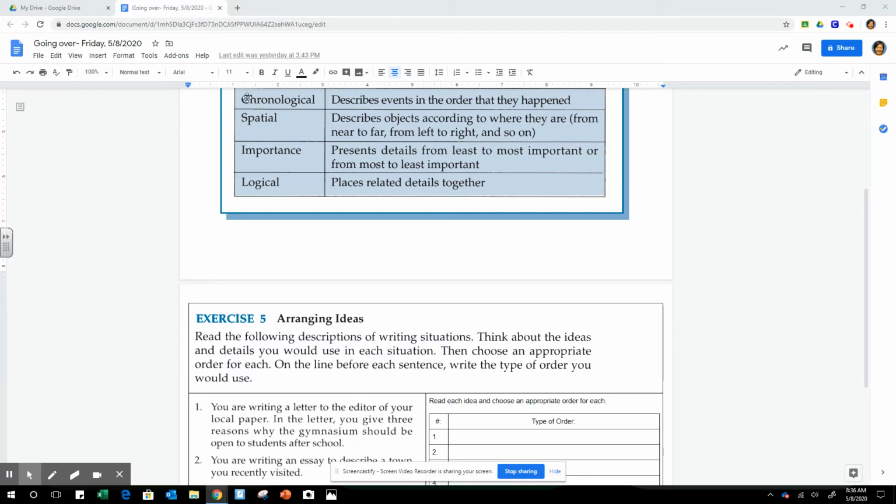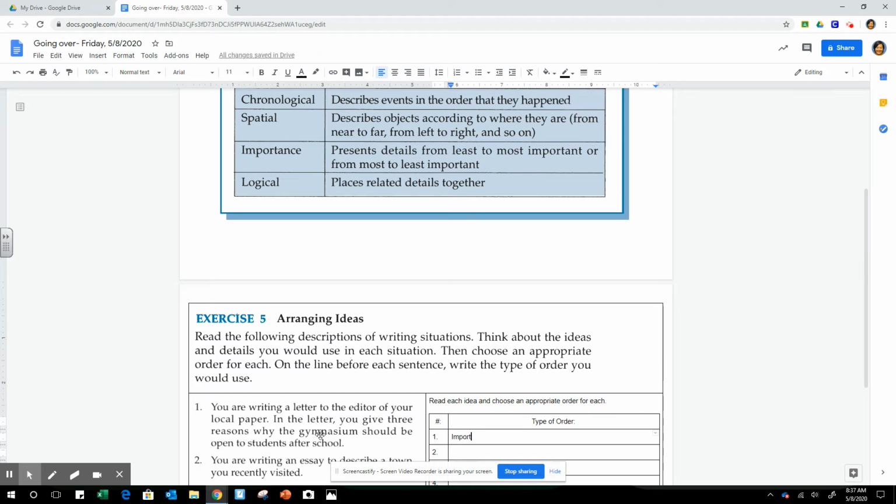I'm not giving step by step directions on how they could open a gymnasium, but I am needing to give the importance, the reasons why the gymnasium should be open to students after school. So what I would do is say, in order for me to be successful in convincing people, to give people reasons to open the gymnasium to students after school, should be used in the order of